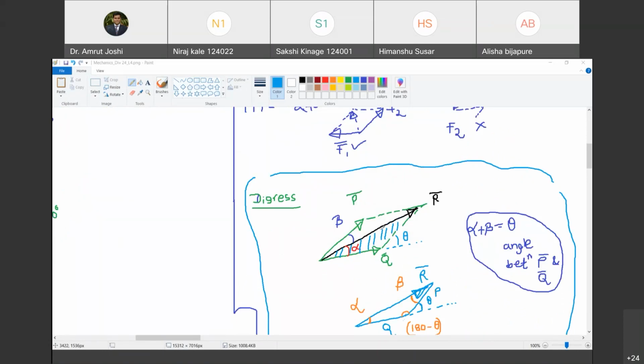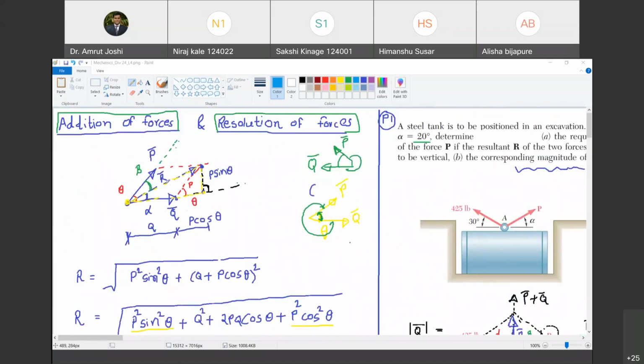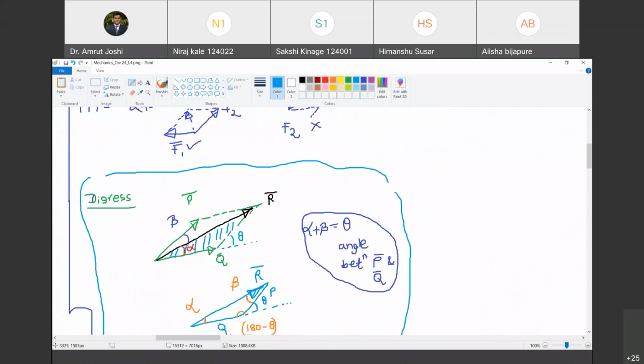Okay. So we have two forces P bar and Q bar, and their addition, if it has to be R bar, has to be acquired through the completion of the parallelogram that we have seen. So I have just taken this sketch which is here again, and I have drawn it here. Are you with me? Yes. Okay. And we know that R bar is equal to P bar plus Q bar. This is our definition of addition of two forces.